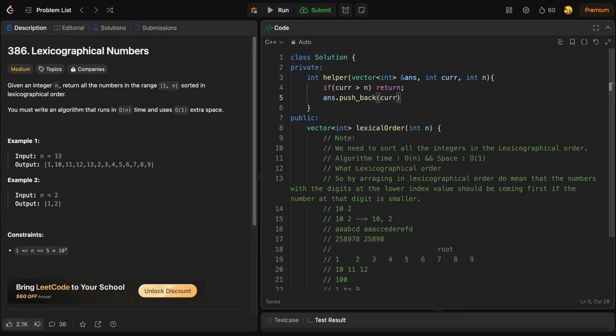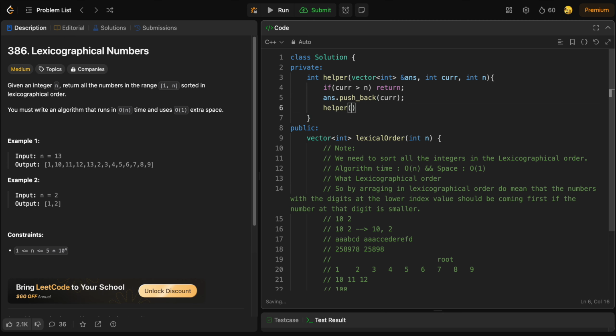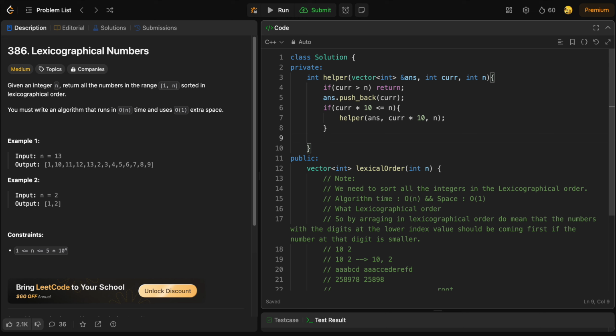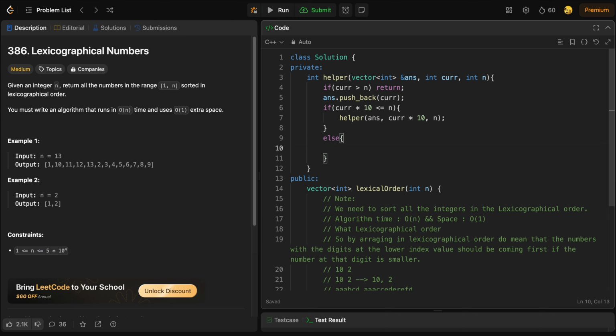I'll just push back cur, helper of ans, cur. So here I'll just check if my cur into 10 is less than n. If my cur into 10 is less than or equal to n, then I'll do ans dot push, sorry, ans cur into 10, followed by n. If it's not less than or equal to n, what I'll say is else